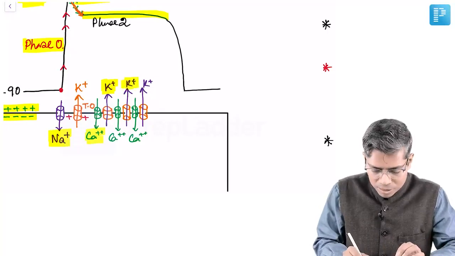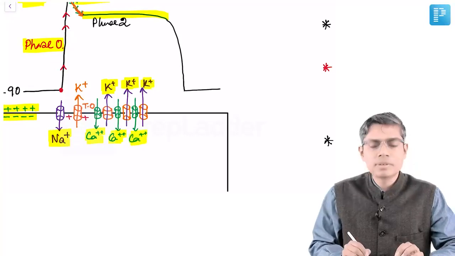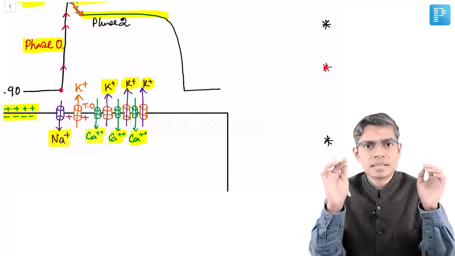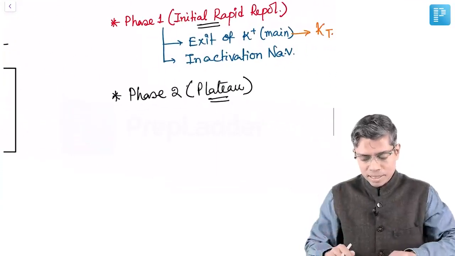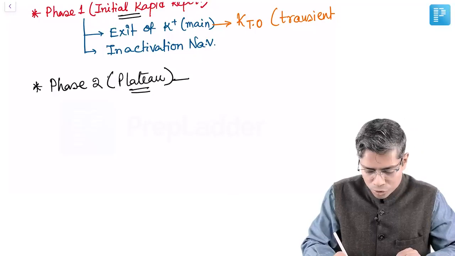So whenever it is losing positive charge, an equal amount of positive gain is also occurring in the cell. That's why the membrane voltage is not going to change. It will be stabilized at a particular voltage, and that is known as the plateau phase. So if I write down the ionic basis of this plateau phase, your answer will be proportionally 2 channels